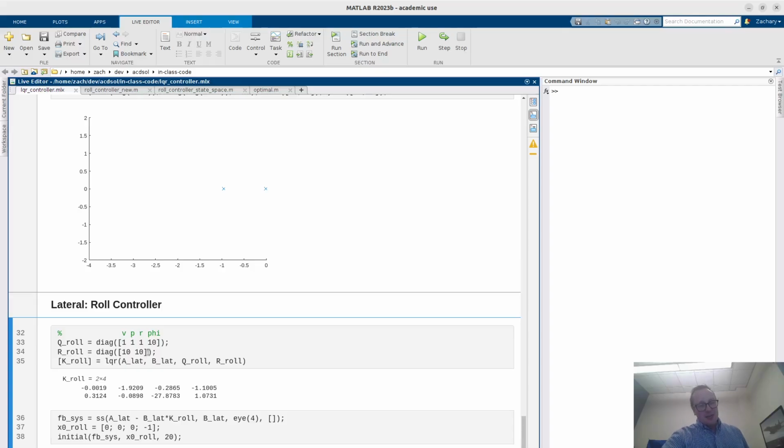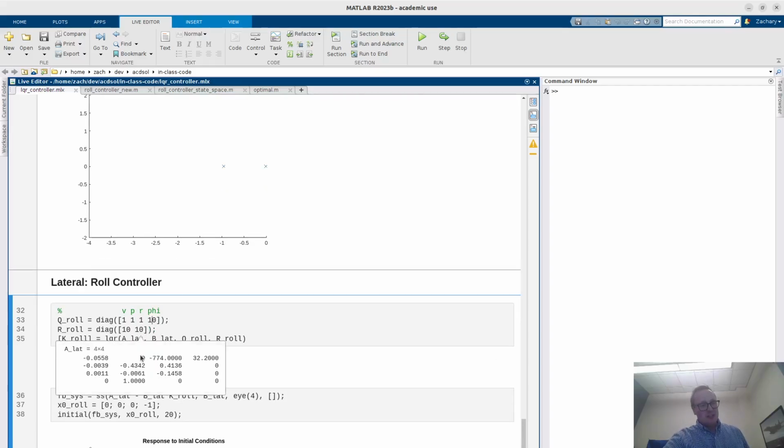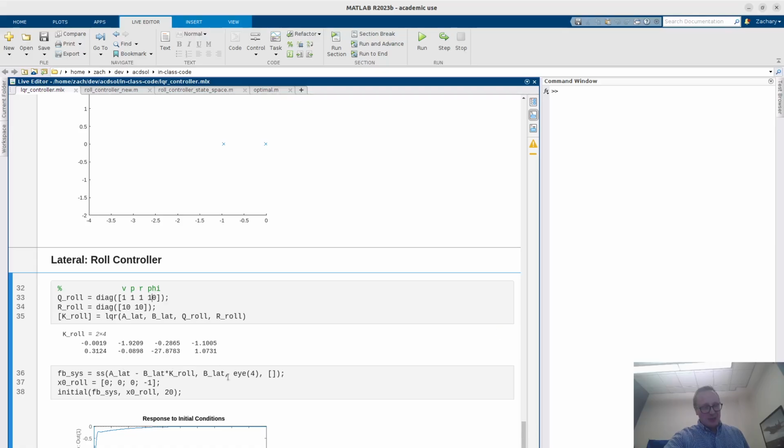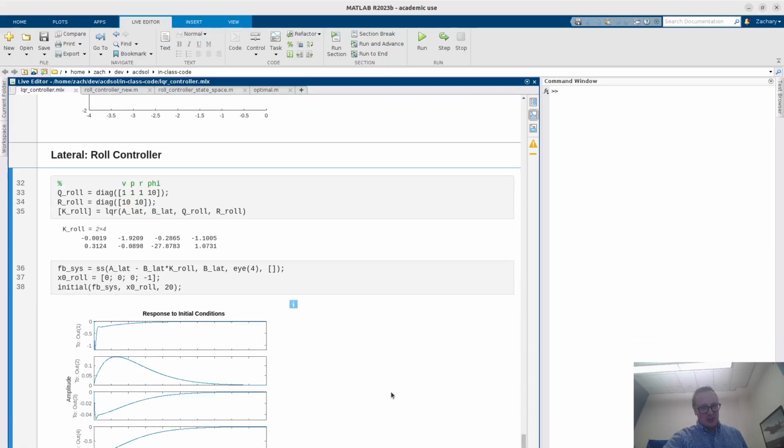And then we have the control penalty R as well. Then we just call LQR on those, and we get our gain matrix K roll. Then we can create the closed loop controller, and in those 3 lines of code, we get this nice controller that drives our roll angle to 0,